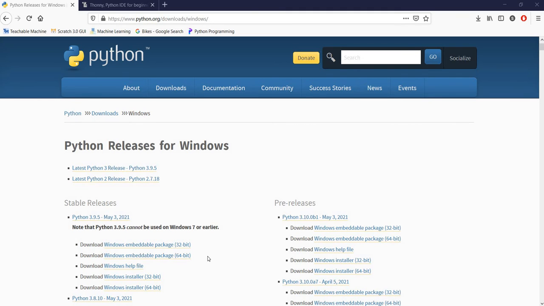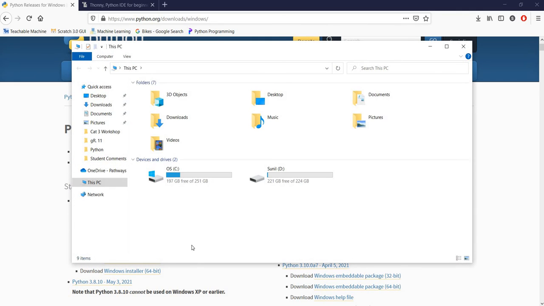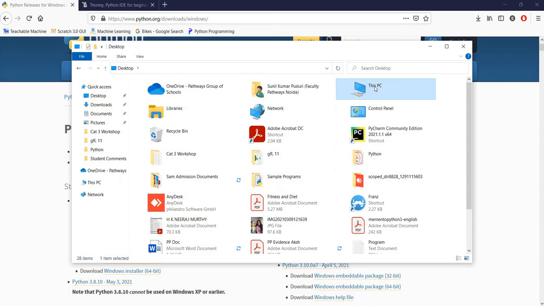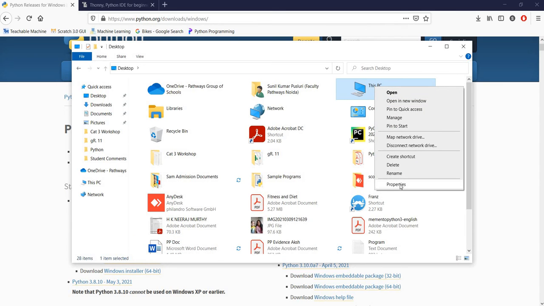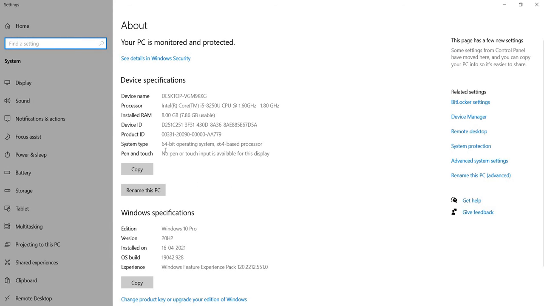Make sure which architecture you are using, whether it is a 32-bit architecture or a 64-bit architecture. If you want to know which architecture you have, just go to My Computer, right click, Properties, and there you will see 64-bit operating system or x64-based processor.